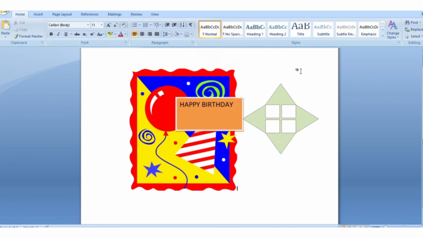So this way we can add a shape, we can change the size of the shape, and we can add even color also. Alright. So that's all for today.